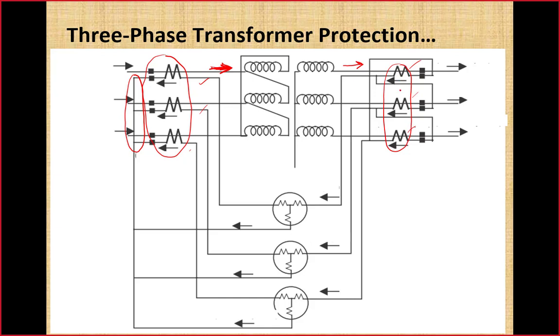The configuration of these CT secondaries must be same as the configuration of the main delta winding. If main delta winding is leading, these CT secondaries should also be in leading configuration. If main delta winding is in lagging configuration, then these should also be in lagging configuration. Now question is whether this leading or lagging should be with respect to dotted end or non-dotted end. This is our choice. If we want to make the connection of two sides with respect to the dotted end, this leading and lagging should be according to the dotted end. And if we are going to connect two side CTs with non-dotted end, this leading and lagging concept of delta should be with respect to non-dotted end.